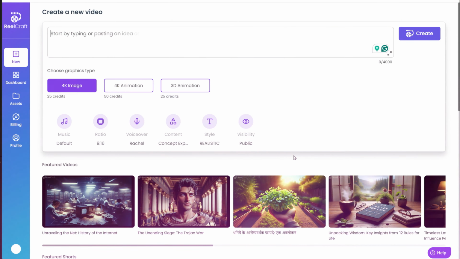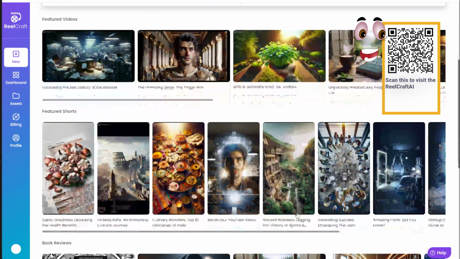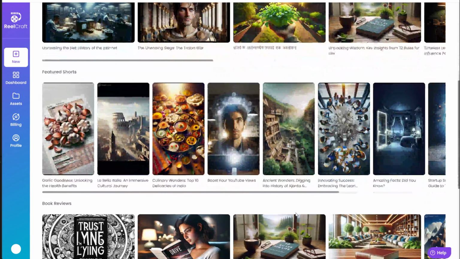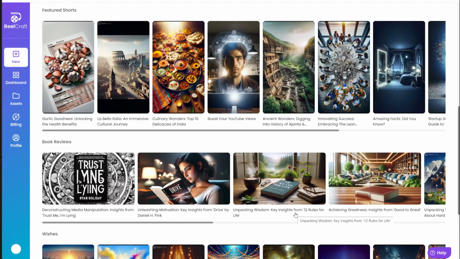When you create a video with ReelCraft AI animation, it does not have captions immediately for the script. But if you create a short video, it is a good idea to have captions. In this video, I will show you how to add and design captions in a video and also the overlay